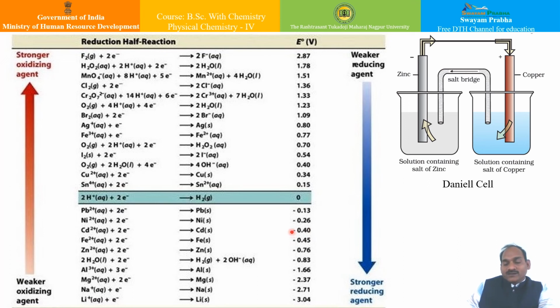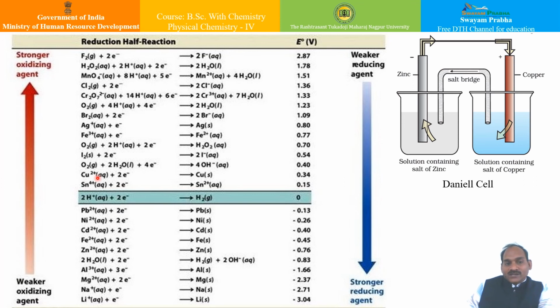What does it indicate? It indicates that zinc or cadmium are stronger reducing agents than copper in this case, or you can say that zinc or cadmium are weaker oxidizing agents than copper,